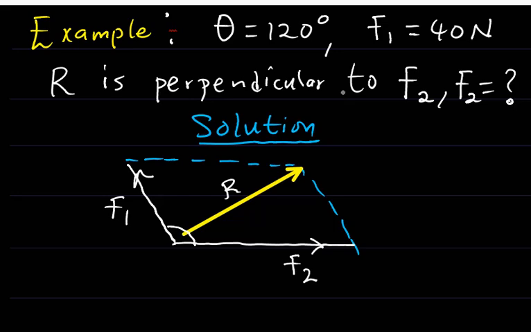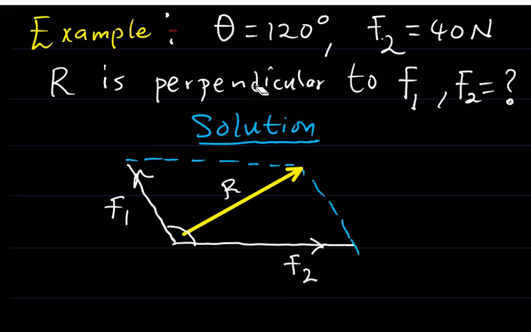According to the question, the resultant is perpendicular to the smaller force. Let the smaller force be F2, 40 Newton. The resultant is perpendicular to, let F1 be the,